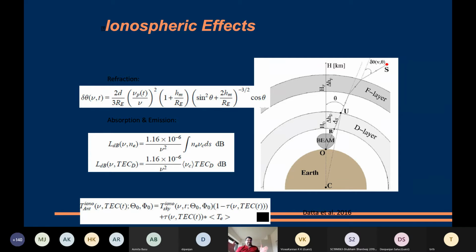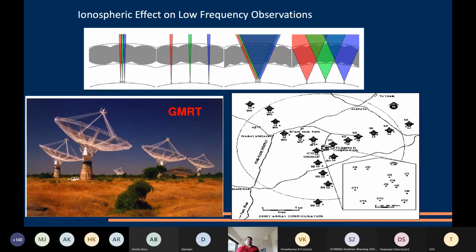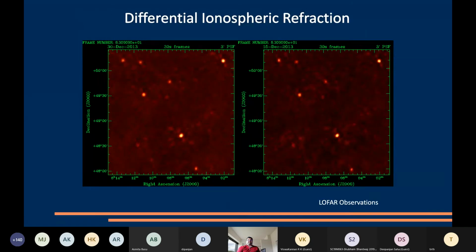But still, even if you're doing science below 200 megahertz or so, the ionosphere becomes a very significant devil at this frequency, and you have to deal with it. And one way to deal with it is to do this direction dependent calibration. So this is our favorite GMRT, and you can see this is a LOFAR observation, by the way, not a GMRT observation. So what I'm displaying here is